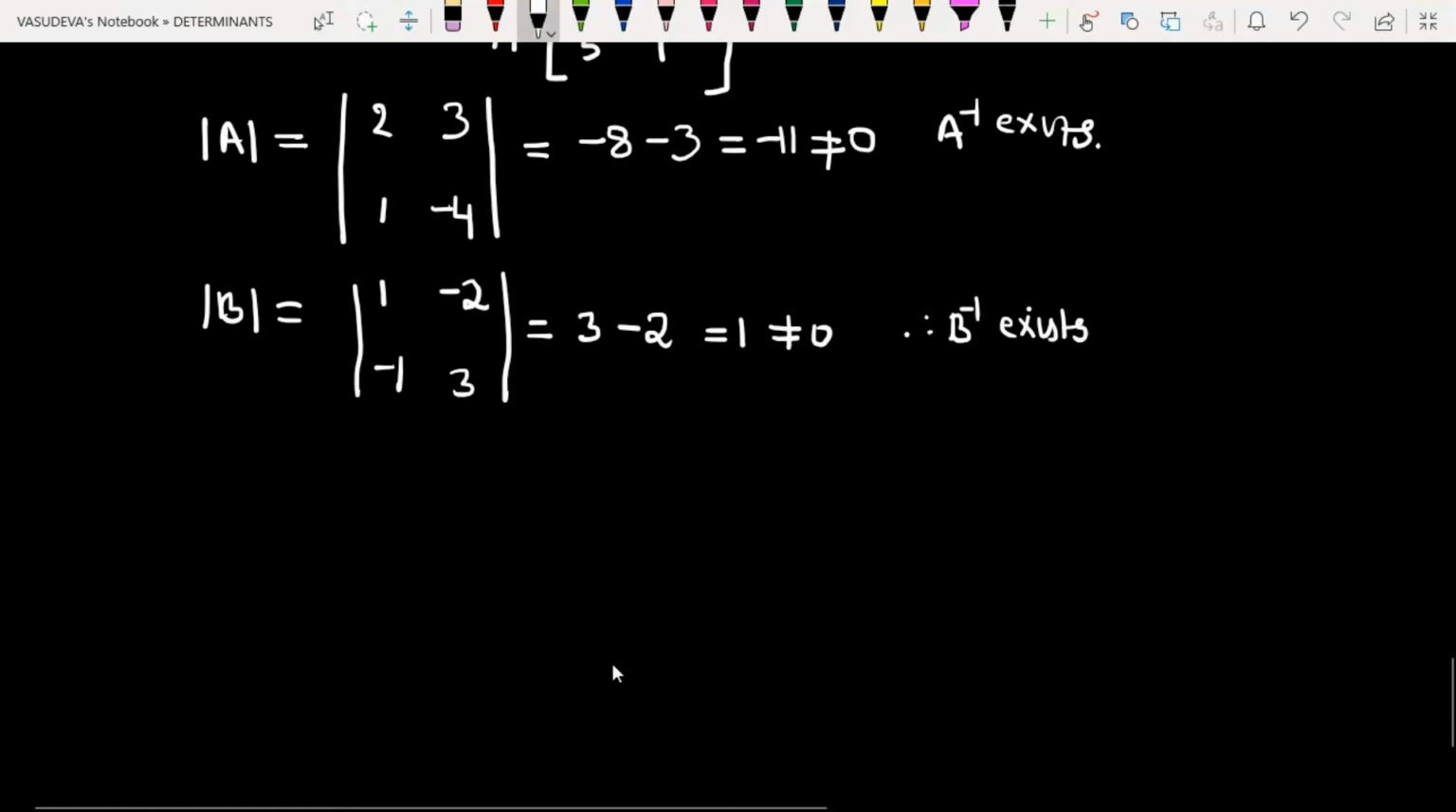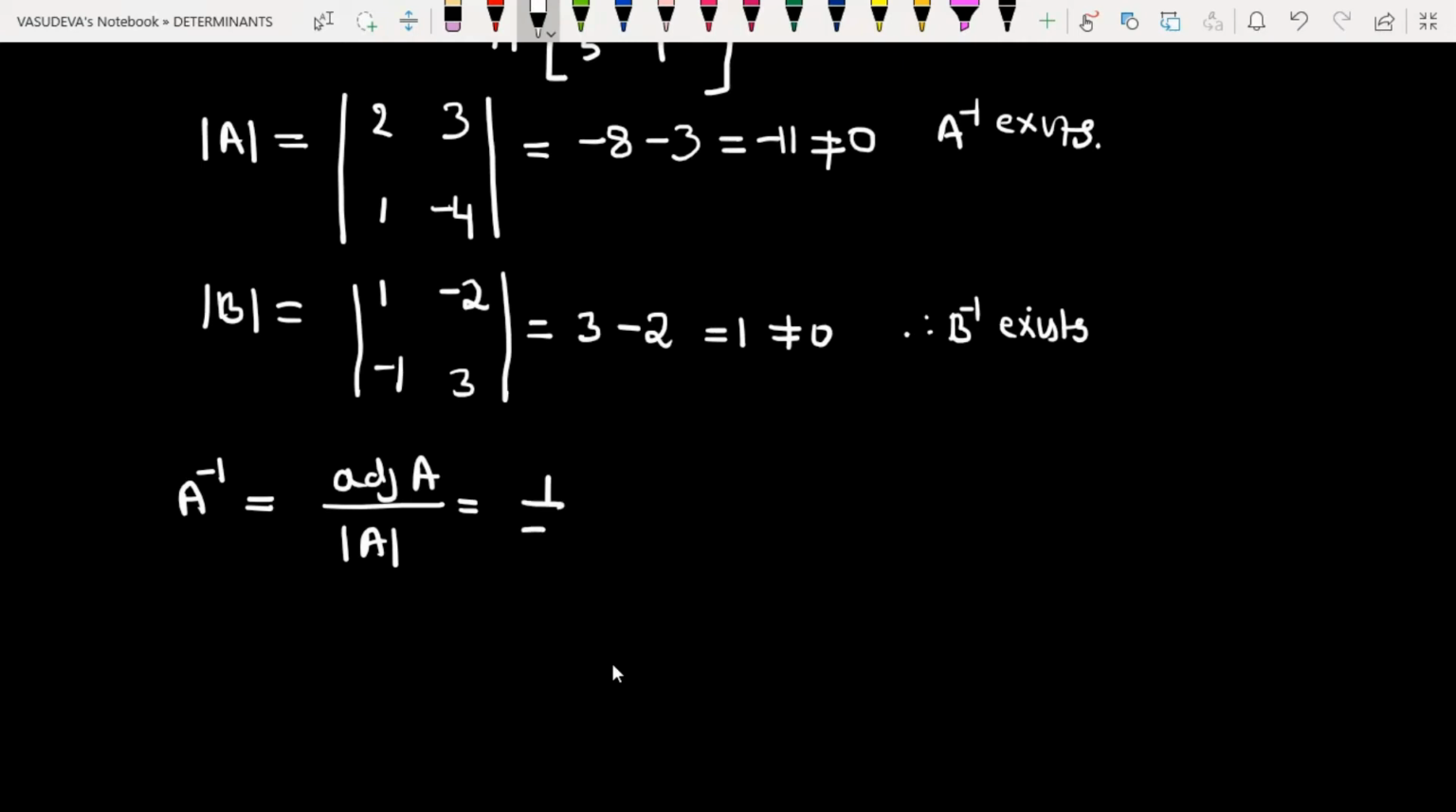Now, what is the inverse of the matrix A? A inverse is adjoint of A divided by determinant of A. So we have determinant of A is what? 1 by minus 11 into adjoint of A, which is obtained by, this is A here, interchanging the elements of the principal diagonal: minus 4, minus 2, sorry, this is plus 2, because this is 2, minus 4, plus 2, and change the sign of the other diagonal: minus 1, minus 3. So now